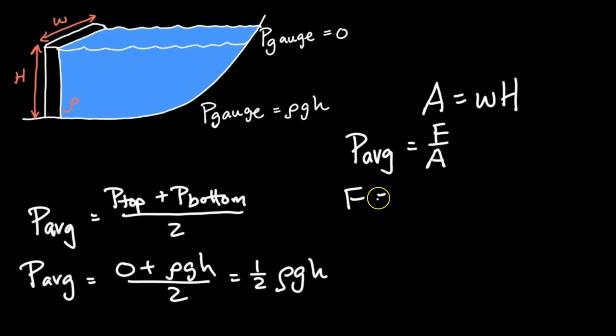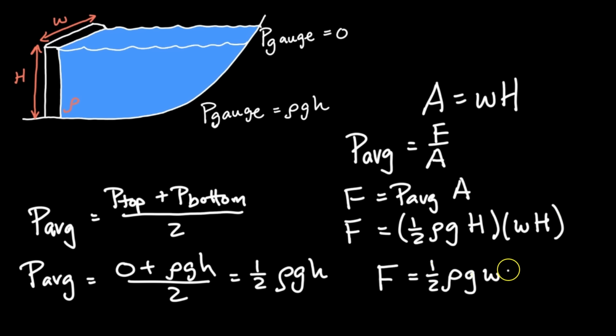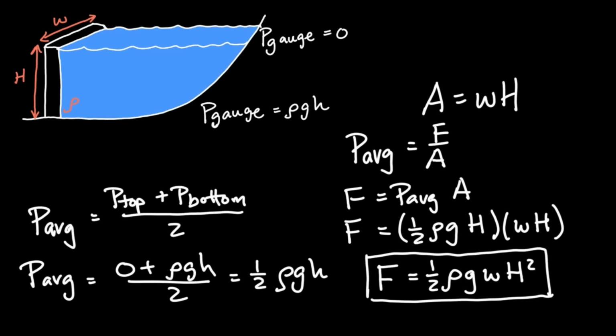To find the total force, we multiply the average pressure times the area. When we substitute the average pressure and the area, we get that the total force is equal to 1 over 2 rho gh times the width times the height. And finally, we get that the total force is equal to 1 over 2 rho g times the width times the height